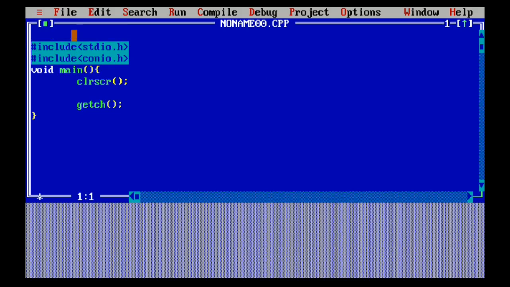So let's give the program a header: arithmetic operator.